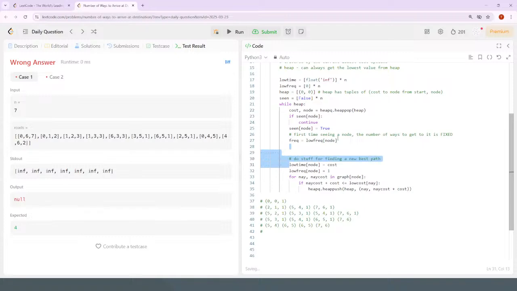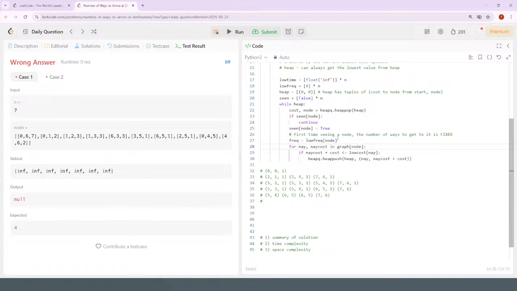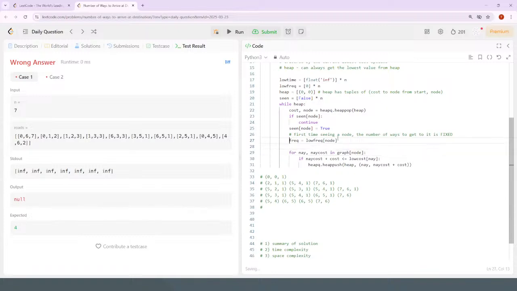And then for each neighbor in the graph of this node, if the neighbor cost plus the cost is less than or equal to this cost, then